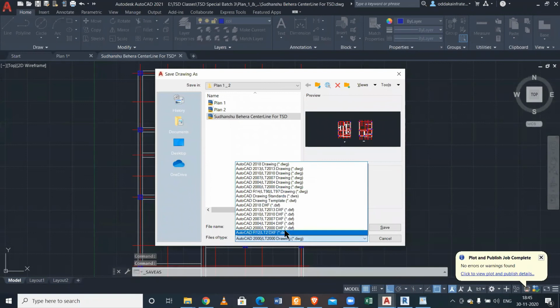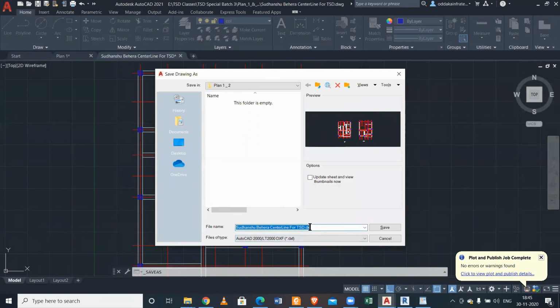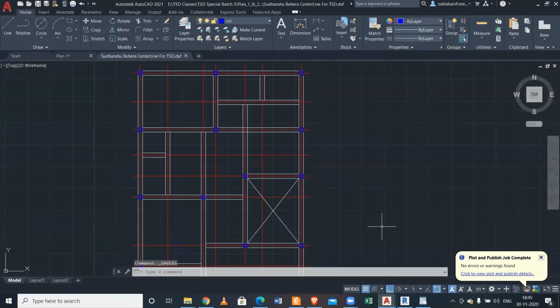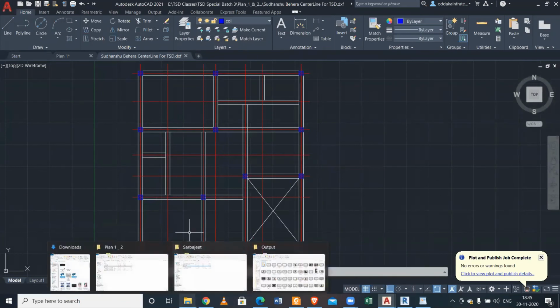So we'll just choose AutoCAD 2000 LT 2000 DXF, and we'll name this the same. This is Sudhanshu Behera Centerline for THD, and then save this file in that particular folder itself. So after we'll check this.